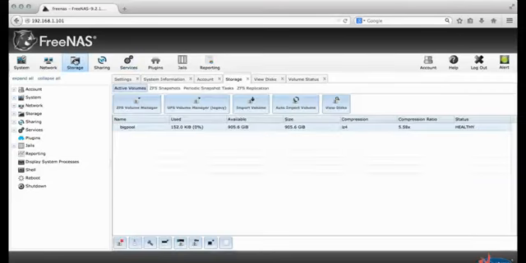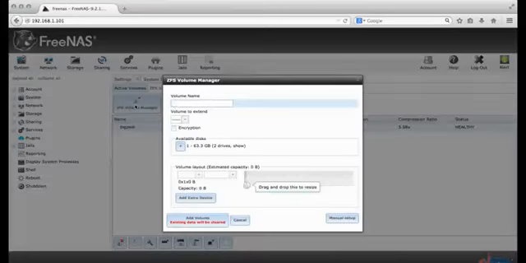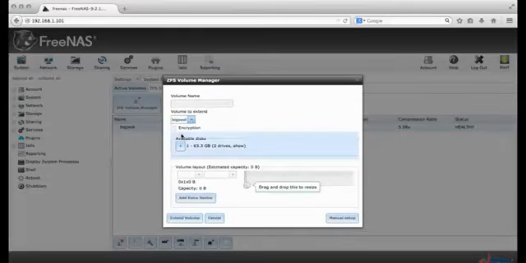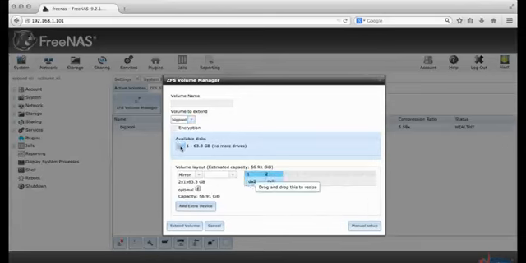Now, the other thing that we have with ZFS, if I go into storage here and I go into the ZFS volume manager, I'm going to extend big pool. Now I have these 2 SSD drives. ZFS can create quite easily what's called in the industry hybrid storage. So we can front end the storage with a little bit of SSD. It's not really a write cache, but it's a log file, or we can use SSD for log information, and we can extend the read cache from memory, system RAM, out into